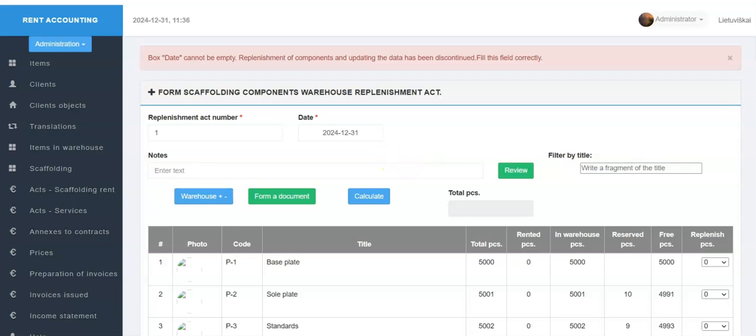The program also checks that the combination of the act number and date is unique in the program. That is, it does not allow a second replenishment act of the same day and number to be recorded. In case of discrepancies, the program stops the act formation and displays a message with the relevant information.